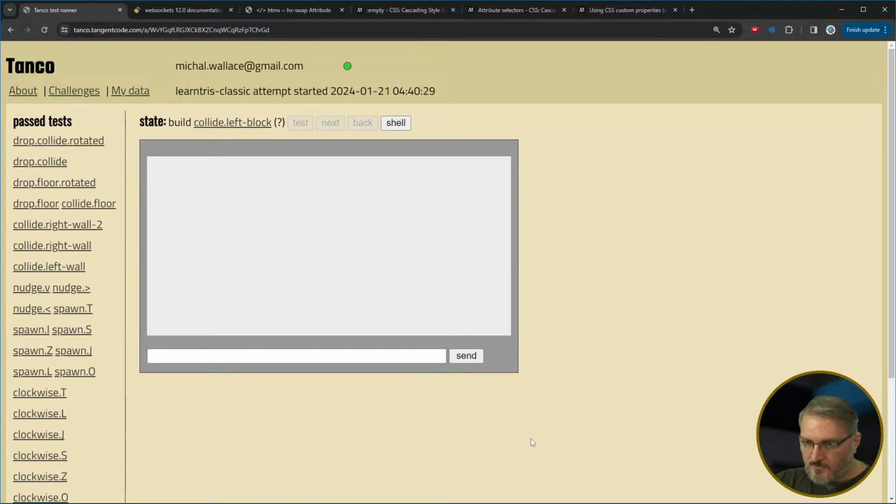Are you using Firebase for Google authentication? Yes, I am. So when you sign up here, it goes to Firebase, and then that's the only one I've set up. Is you can actually go to this. You can go to tanco.tangentcode.com